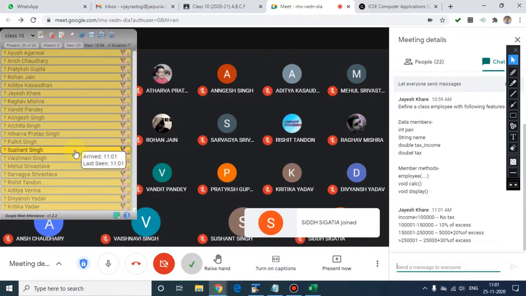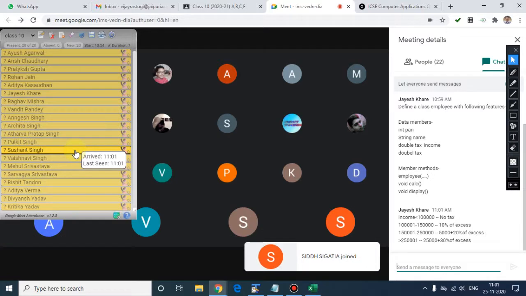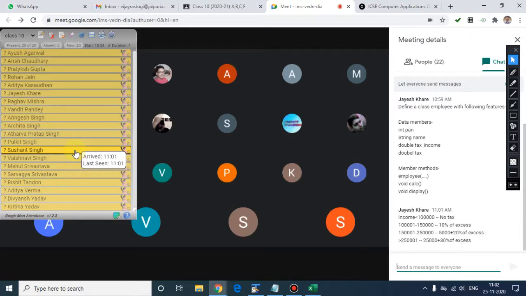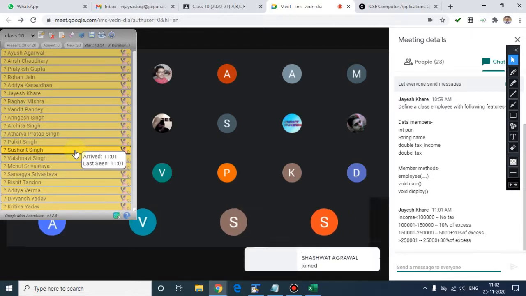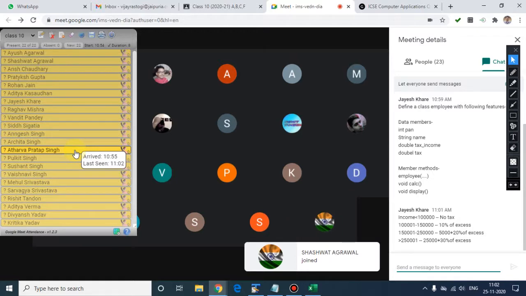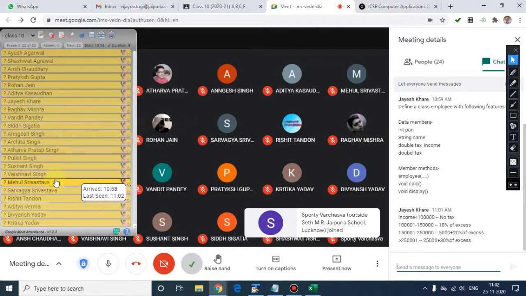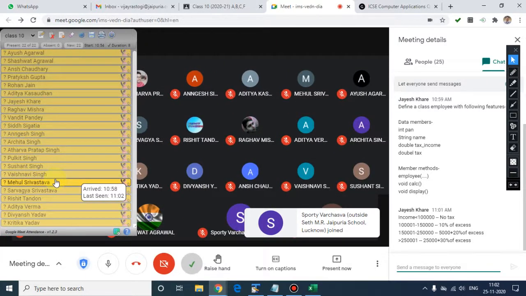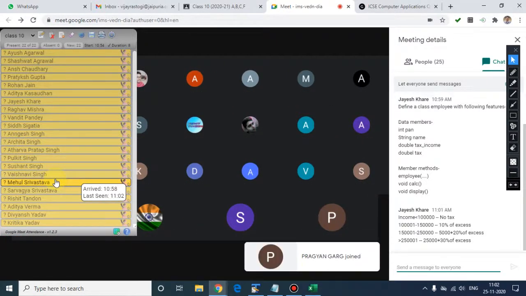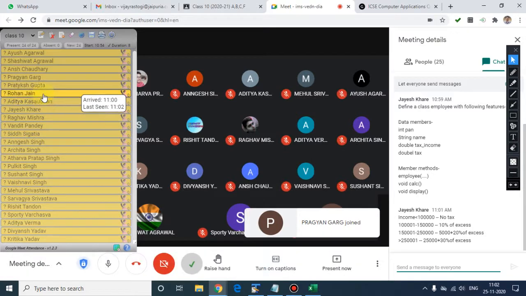Again I am repeating, those who have not submitted the computer project, today only they need to submit, otherwise tomorrow onwards we will start deducting their marks. And for 10C I have put the defaulter list, 10F I will do after the class.